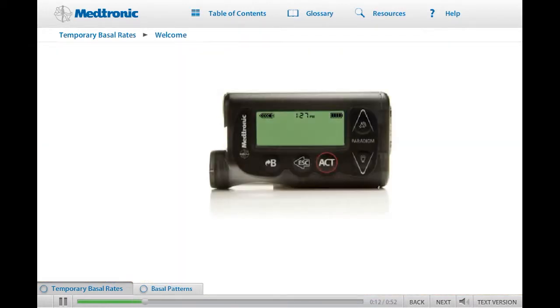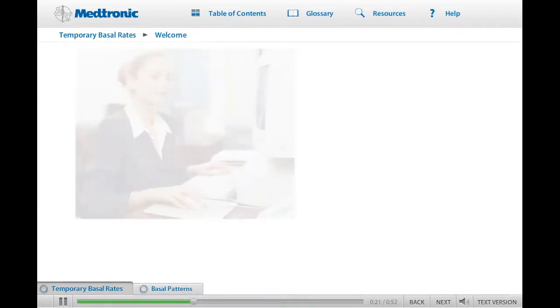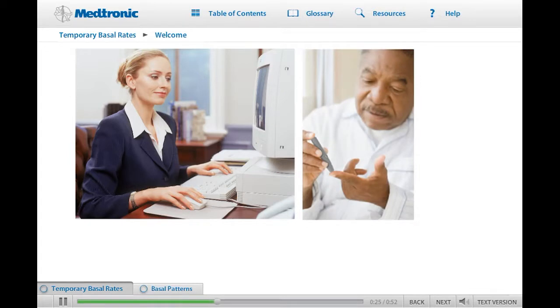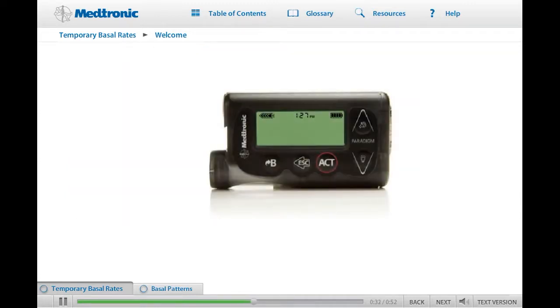Welcome to a world that offers improved glucose control, so you can enjoy a lifestyle of greater freedom and flexibility. Whether you have chosen an insulin pump because of its convenience or to reduce the severity and frequency of high and low blood sugars, your MiniMed Paradigm Veo insulin pump will be a valuable tool in helping you manage your